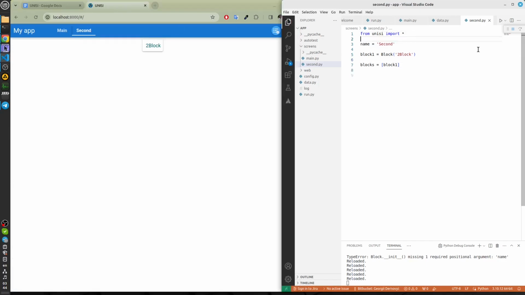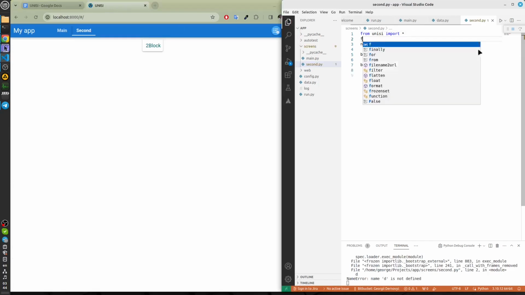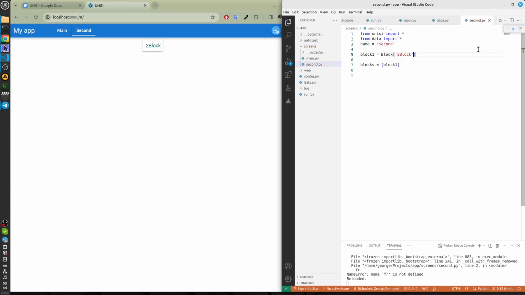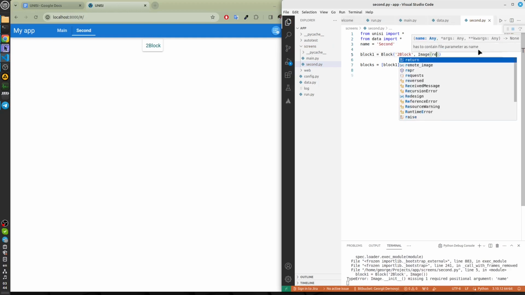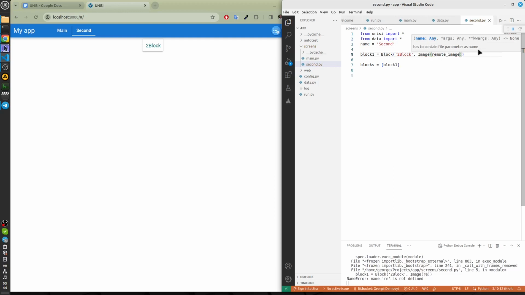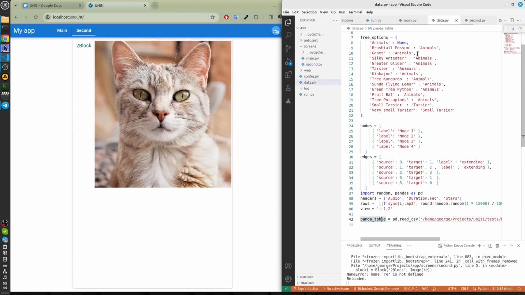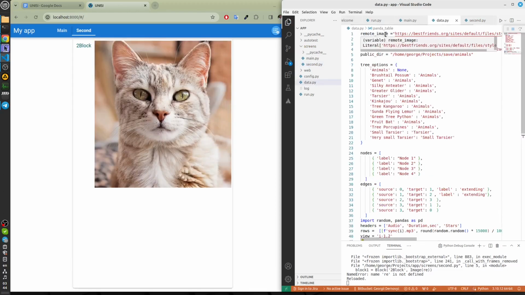Let's import data variables. Import all and write an image to the block. Just write the image. Remote image. This is the variable from data.py. We just took its value.